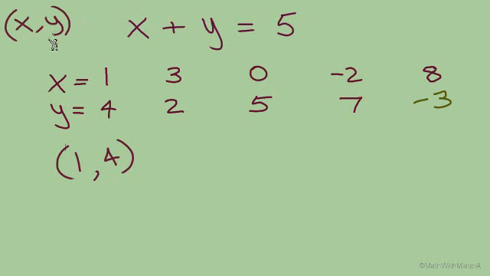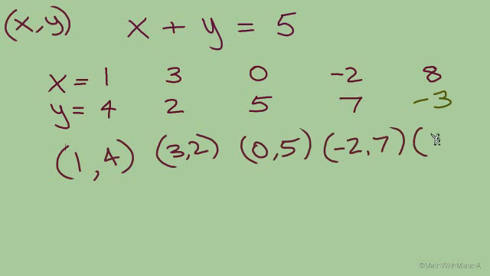So x comma y is what we can always assume, unless there's other information about the variables and the ordered pair. So 1, 4 is one of our solutions. 3, 2 was another solution. 0, 5 was another solution. Negative 2, 7. 8, negative 3. So we have a list of 5 solutions, and there are actually an infinite number of solutions that we can